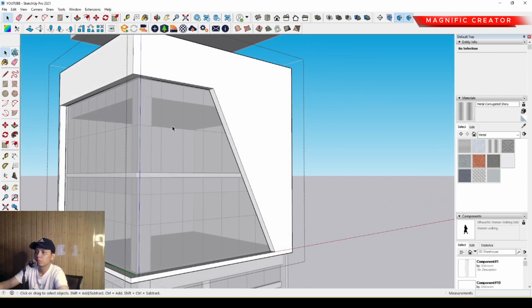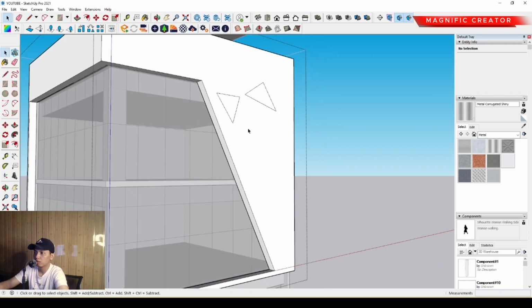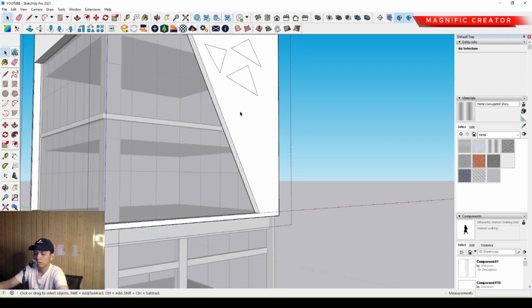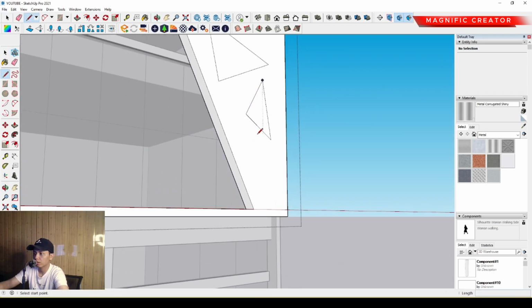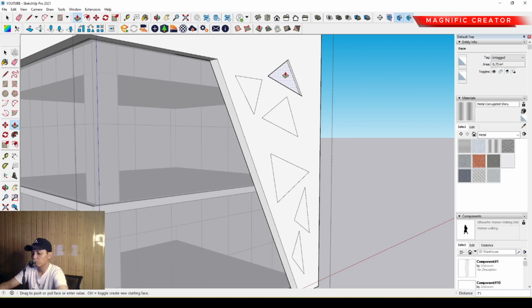Okay, and after that we can make the another variation of the triangle arrangement anyway. Okay, we can make the triangle, the asymmetrical triangle anyway, to make it more aesthetic and representative, to make it more playful exterior impression anyway. Okay, we can draw like this. So we have to push it to the back just a little bit, maybe around 50 millimeter or 60. Then we can push it again,